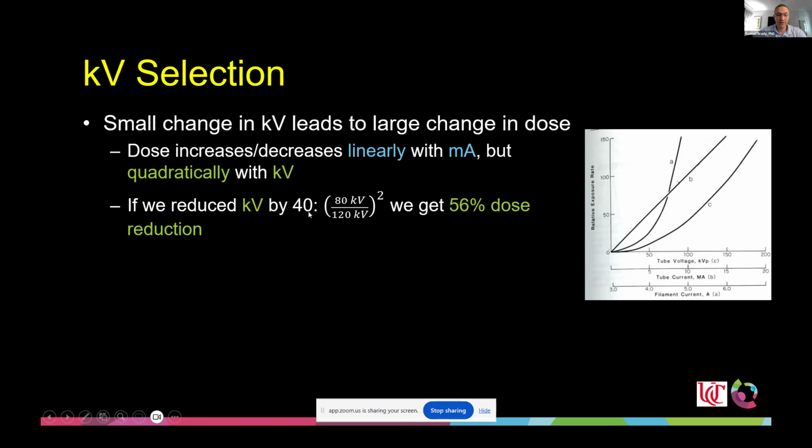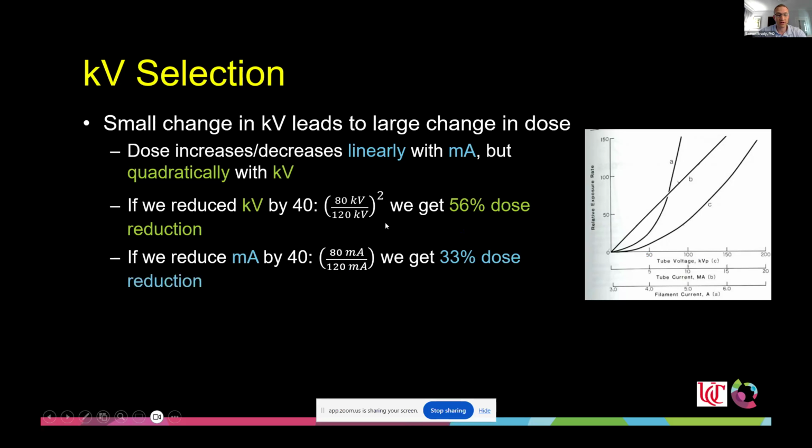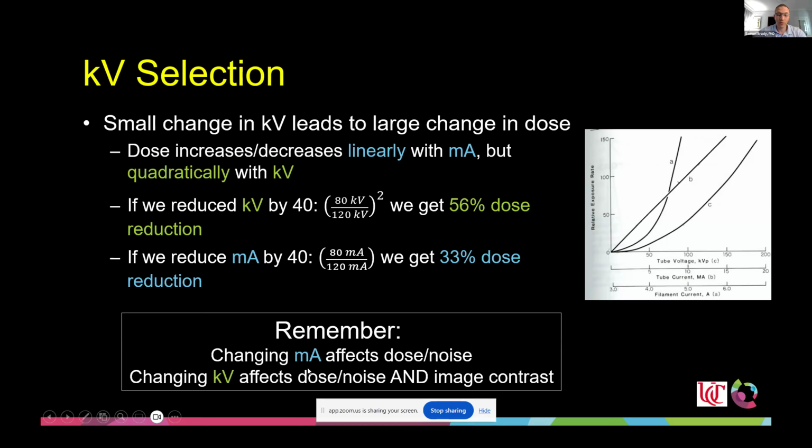So let me give you an example. If we want to change the KV by 40 value points, so if we go from 120 kV to an 80 kV exposure, because it's quadratic, we have to square that ratio, and we get a 56% dose reduction. But for MA, if we change it from 120 MA to 80 MA, we only get a 33% dose reduction. And that's why when we change MA, it does affect dose and noise, but KV changes it quicker, makes a more strong change. And as we demonstrated in the previous slide, it also affects the image